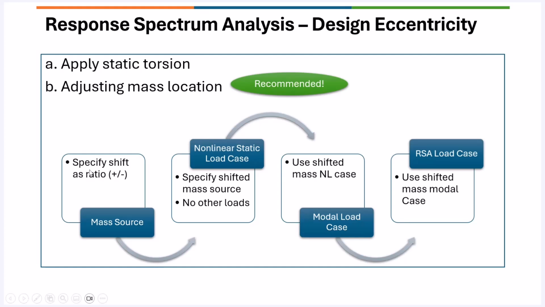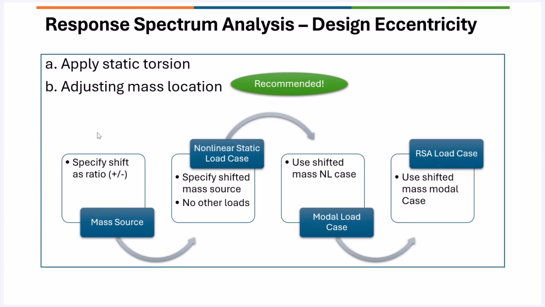So the procedure is depicted here with the flow chart. I hope to follow this, but I will explain it in the next slides. So basically, you need to shift the mass from the original mass position to a newer position where you want to consider the center of mass shift for the analysis. So it will be one shift for the positive and another shift for negative for one direction. So in the other direction, you'll have another left and right or the positive and negative shifts. So you'll have a series of analysis cases defined